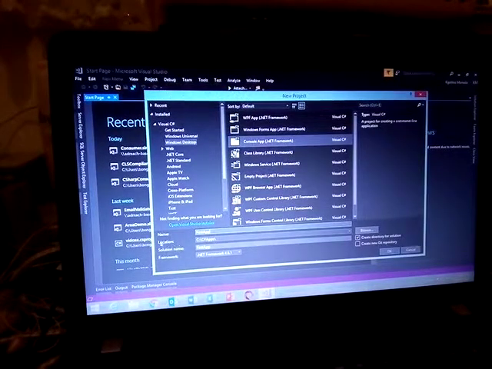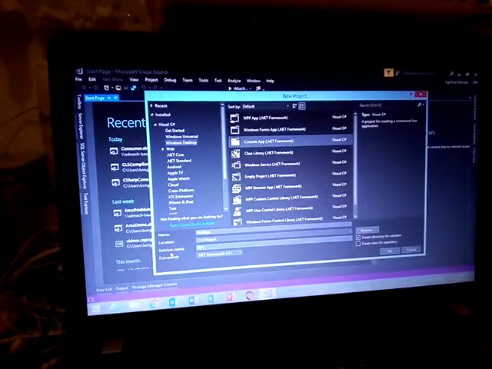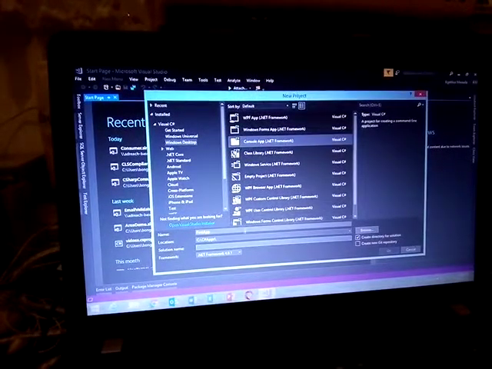As you can see, when I change the name of my namespace, the solution name also changed, because by default the solution name will be the same as the name of your application. You can change the name of your solution to anything that you want, but I think it's fine if we just write first application as our solution name,